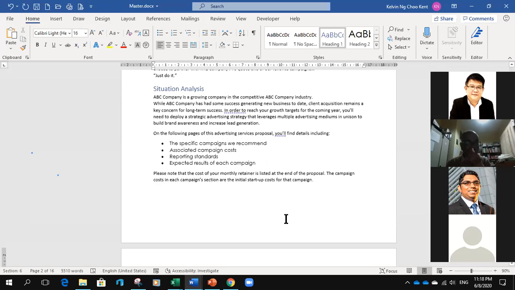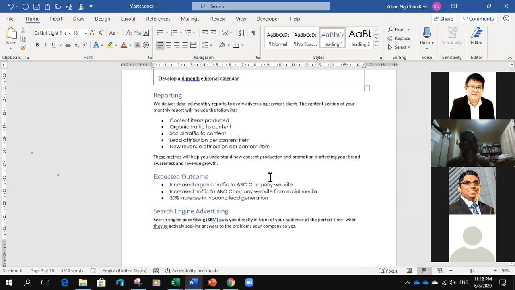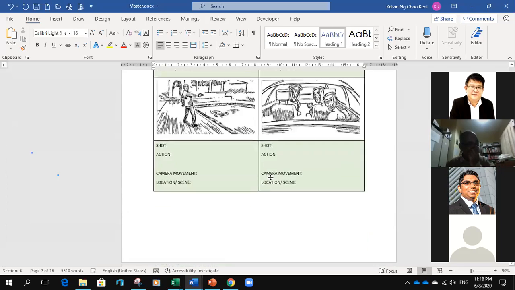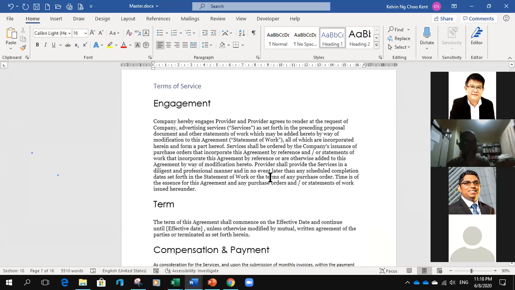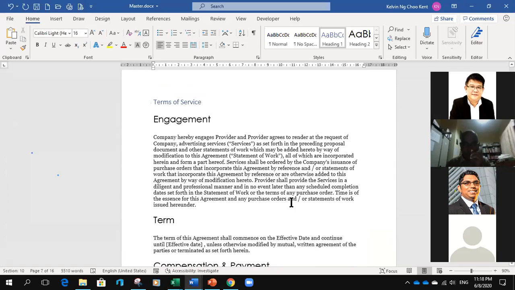All right. Now, there's another feature which I think you like very much. Let's just go to this legal document a bit. Assuming that this is the term of service here, and you would like to change some of the terms. So, this is still in discussion. It's not a complete one, but it's still in discussion.